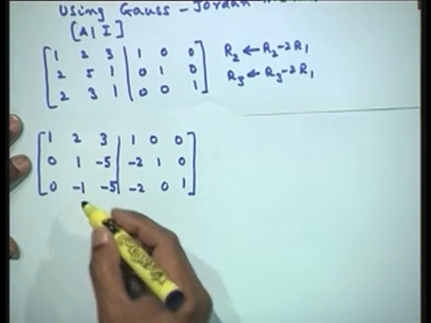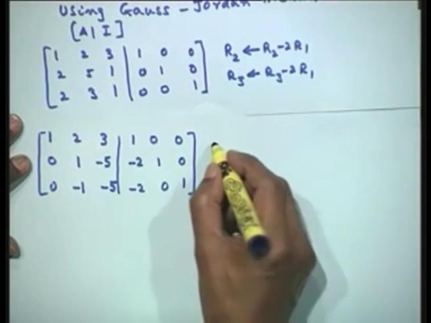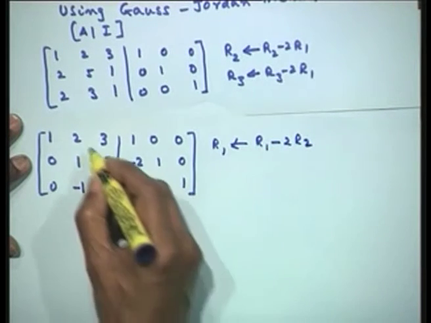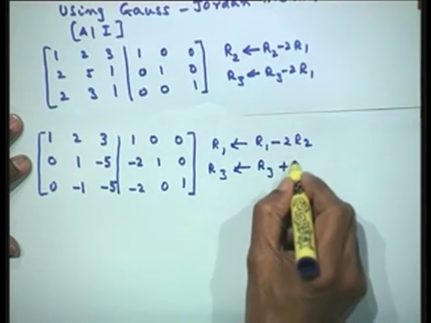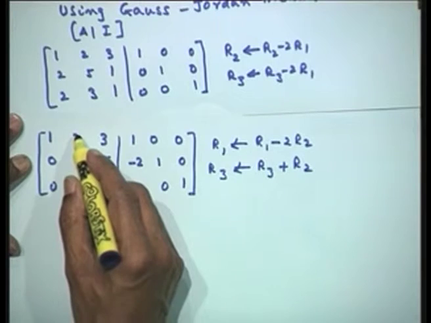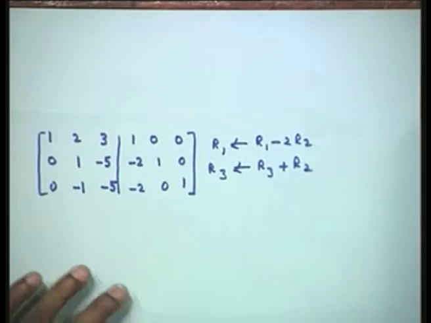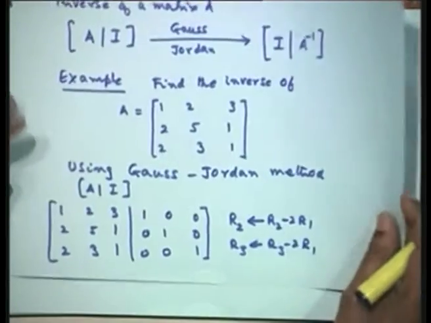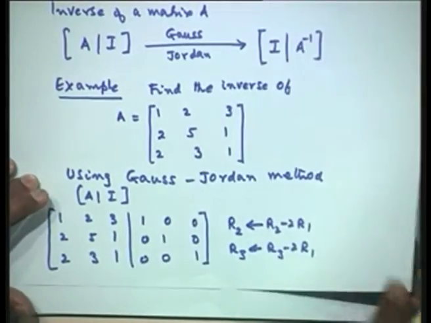Now, I have to perform in the second stage a 0 here and a 0 here also. So, what we would do, row 1 is row 1 minus 2 times row 2, that will bring a 0 over here, and then row 3 is row 3 plus row 2. So, that will bring me a 0 here. So, we are performing both these operations at the same time, so that I have a 0 here and a 0 over here. We are not doing the partial pivoting, we are just doing straight away the Gauss Jordan procedure.